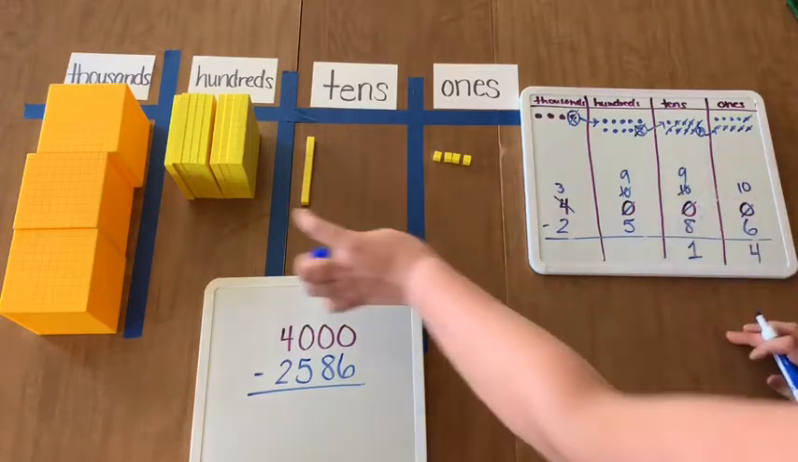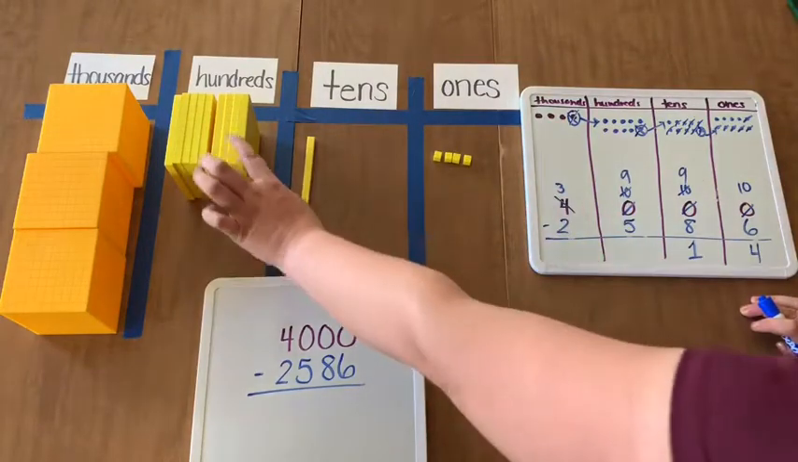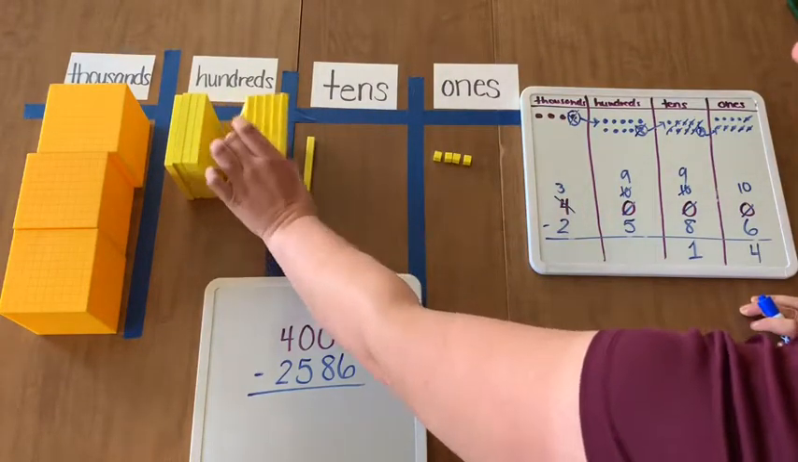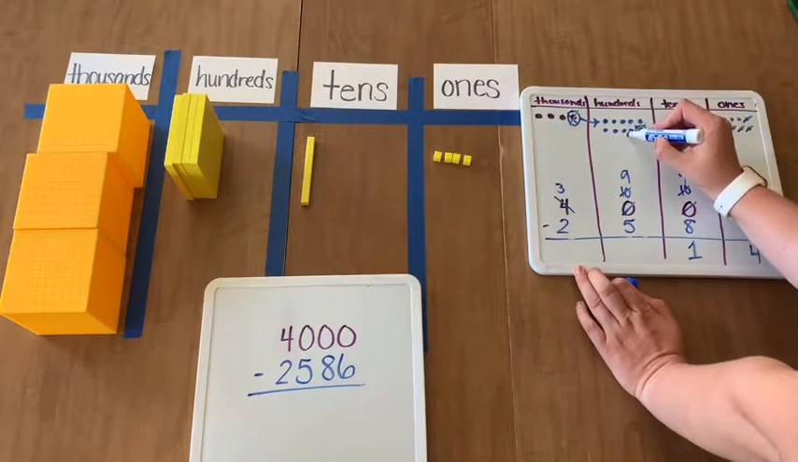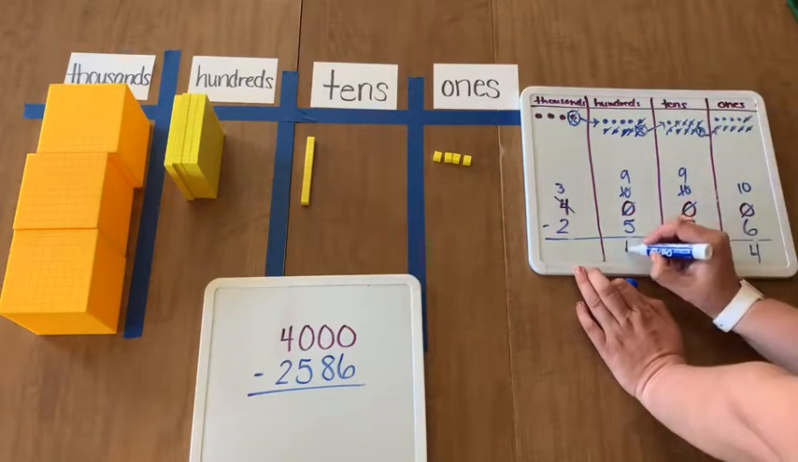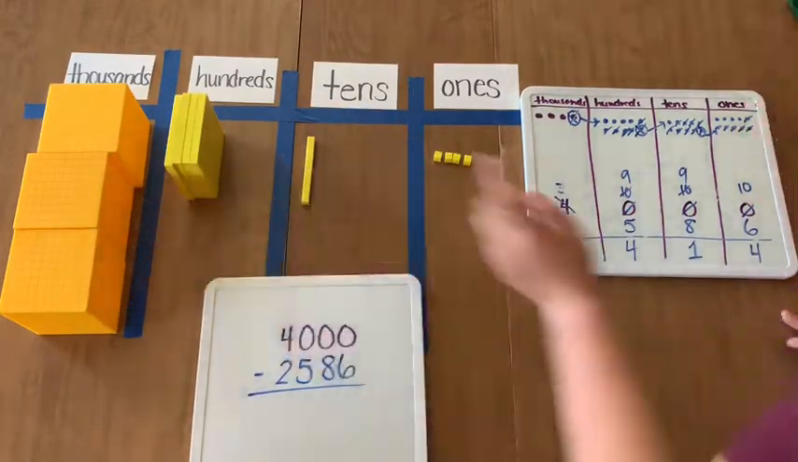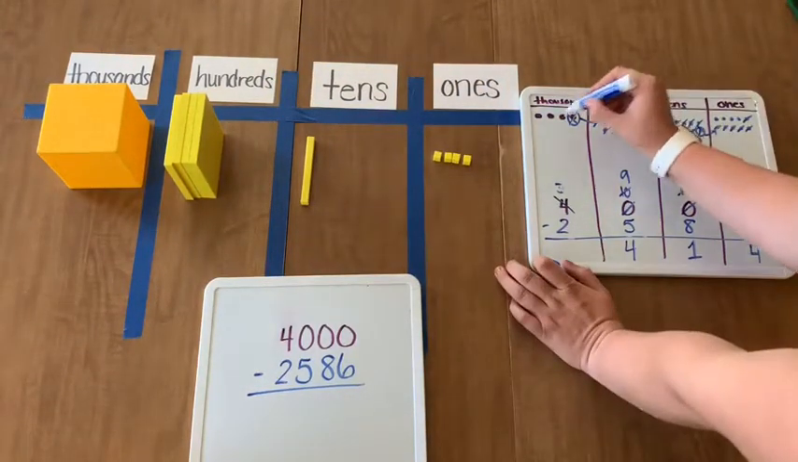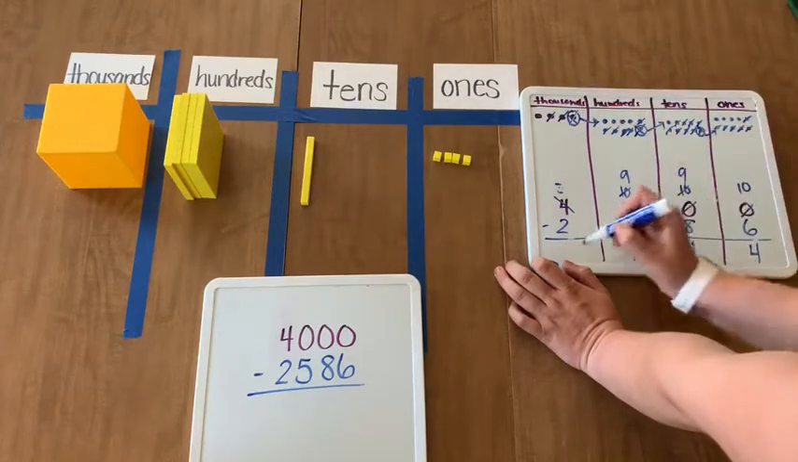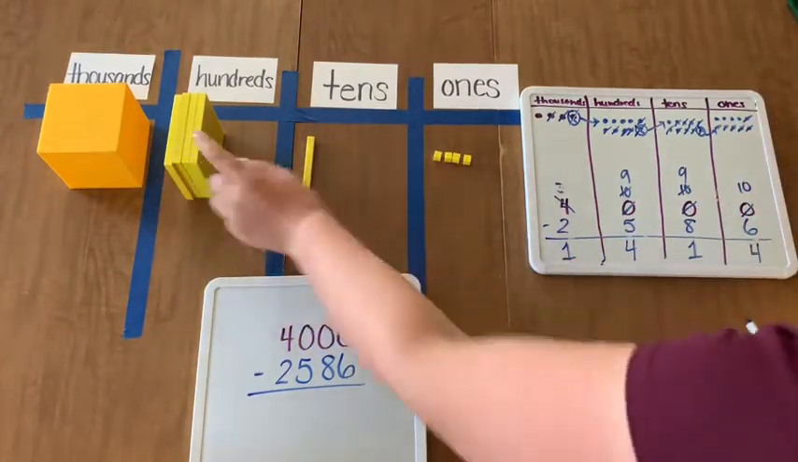Then in the hundreds, I have 9 hundreds. I'm going to take away 5 hundreds. 100, 200, 300, 400, 500. Same thing I can do in the place value chart. Minus 5 hundreds, 100, 200, 300, 400, 500. And I have 4 hundreds left. And lastly, in the thousands, I have 3,000, and I can take away 2,000. In the place value chart, I have 3,000, I can take away 2,000, and I'm left with 1,000. So 1,000, 400,